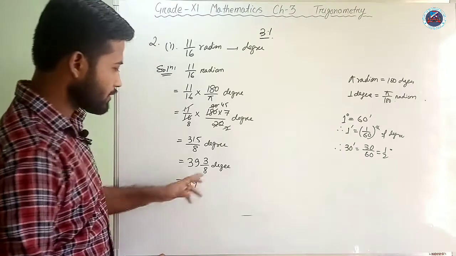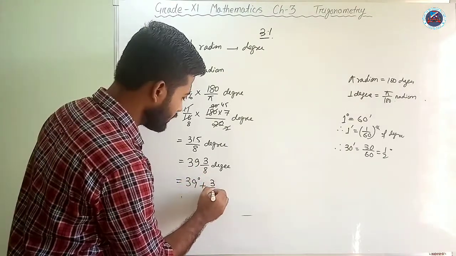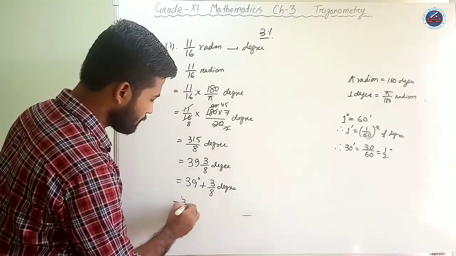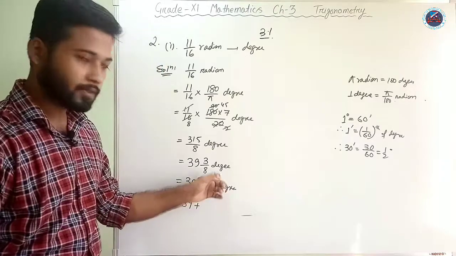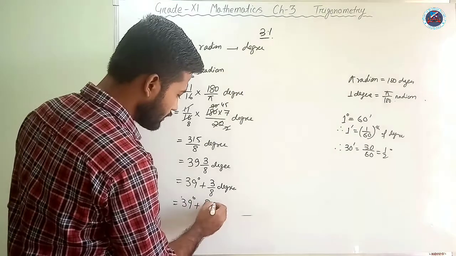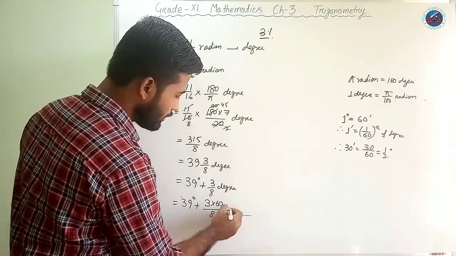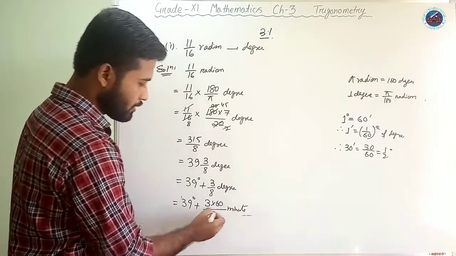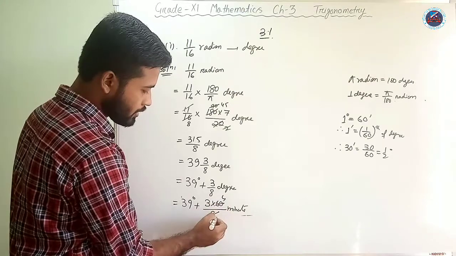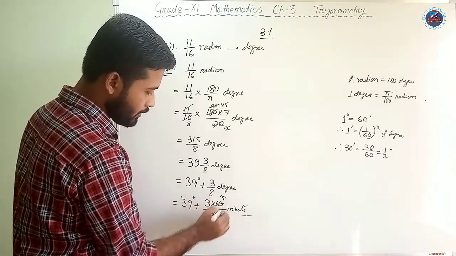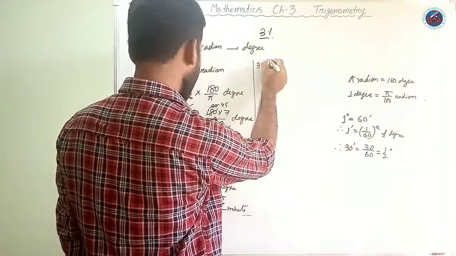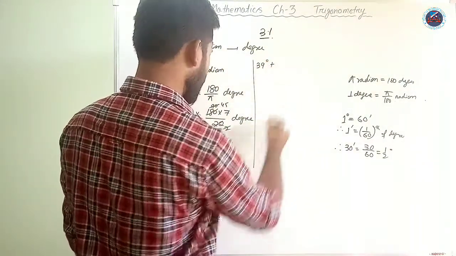Now in case of this, we can write 39 degree and 3 by 8 degree. So this can be replaced by 39 degree plus, in place of 3 by 8 degree, what is our degree? 1 degree is equal to 60 minute. So we can write 3 into 60 divided by 8 minute. So now cancel it. 2, 4, 8, or 15, 4, 6, 4, 15 is 60, and 4, 2 is 8. So this will give us 39 degree plus 15, 3, 45